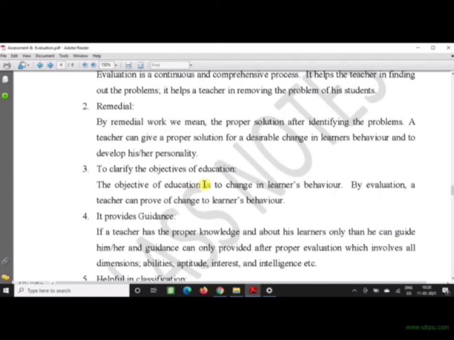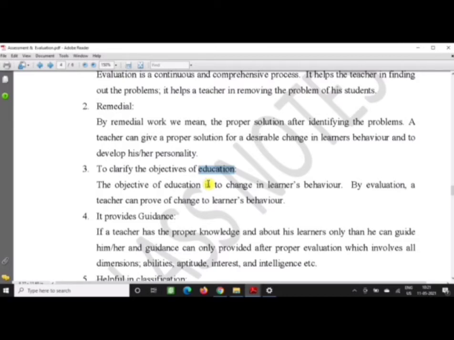Okay, so number 3 is to clarify the objectives of education. Education has objectives, and these objectives should be understood by each and every student, because education is all-round development. It's not only to have bookish knowledge, but also to have other knowledge which we do not get from the book.